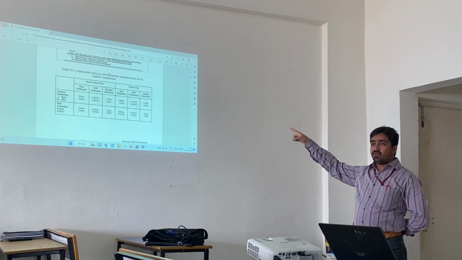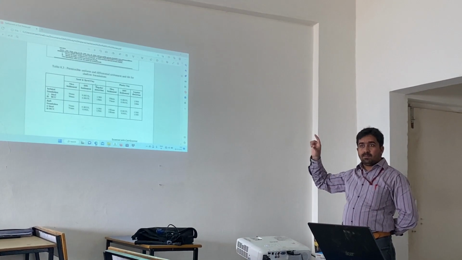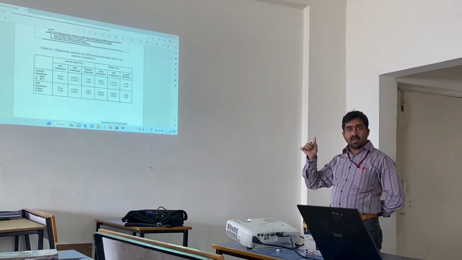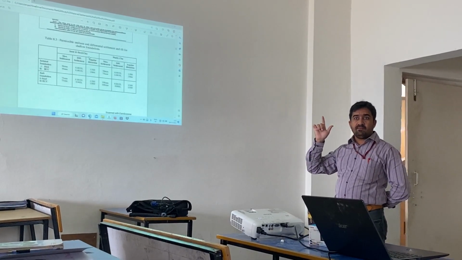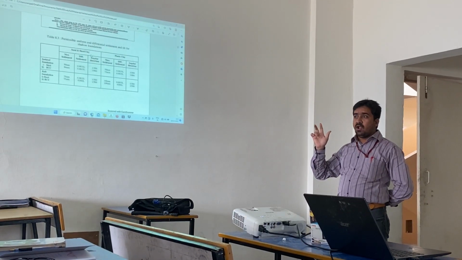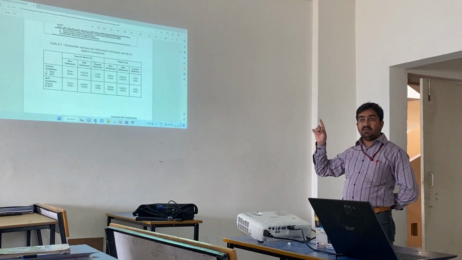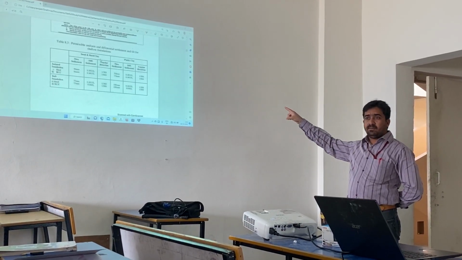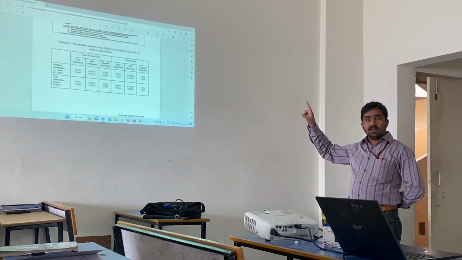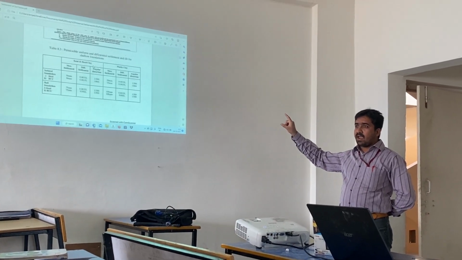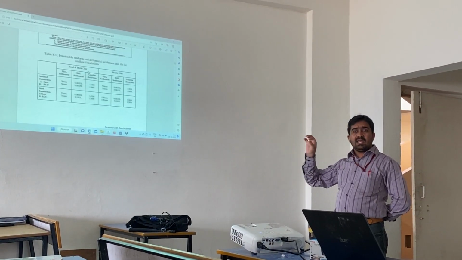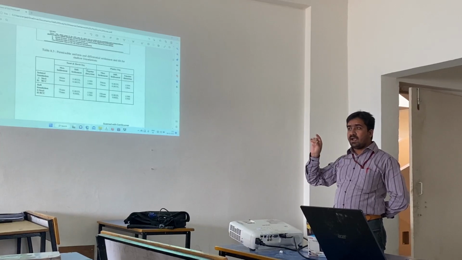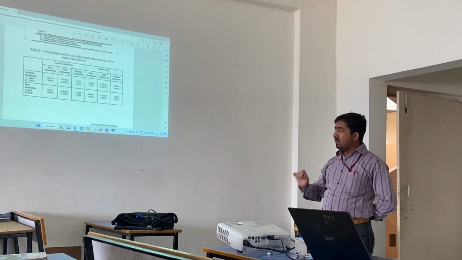Now the second type of soil is plastic clay. In plastic clay, how much should be the maximum settlement? How much should be the differential angular distortion? How much should be the differential settlement? I have mentioned it clearly. According to that, one can use these equations and limiting values, and easily decide the isolated foundation.